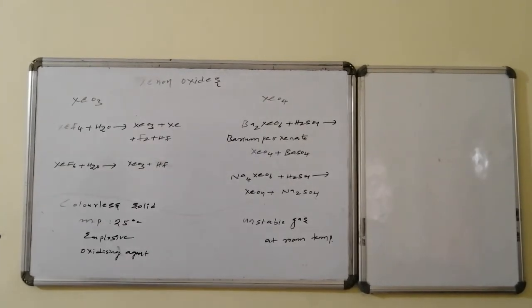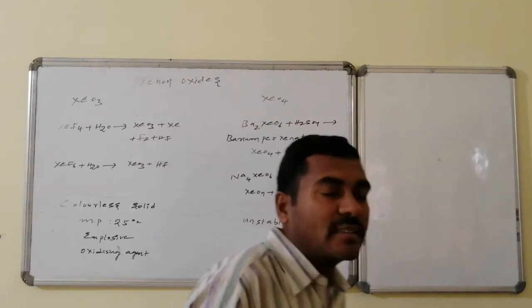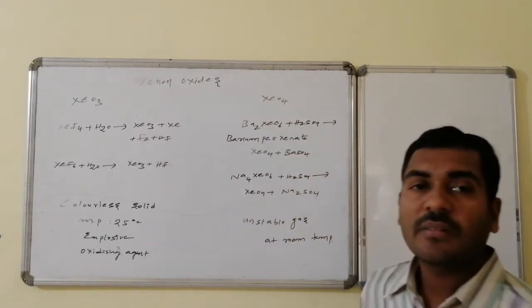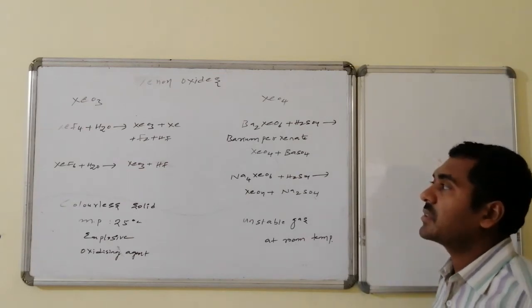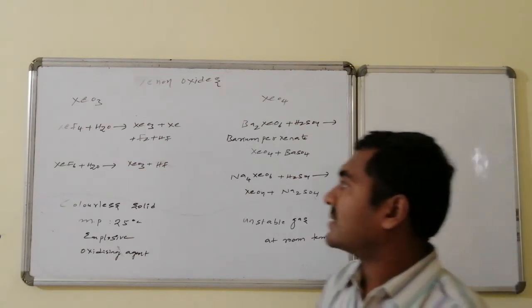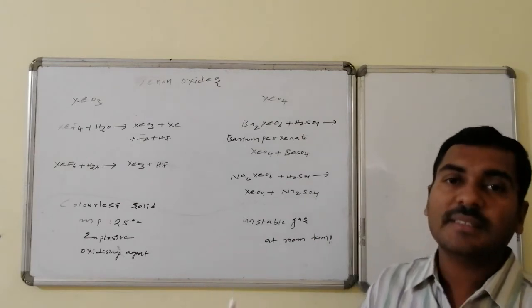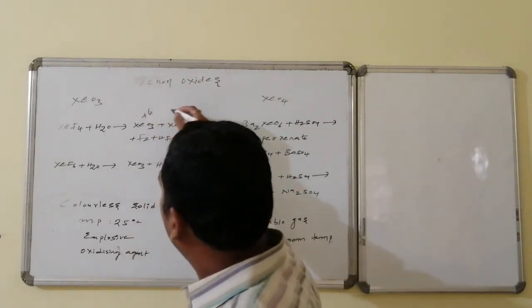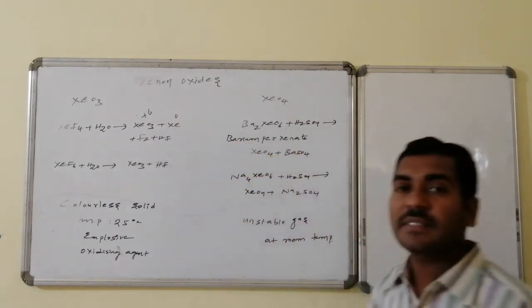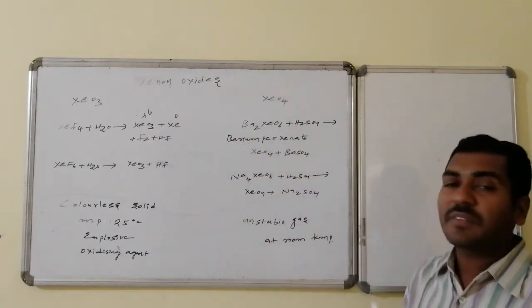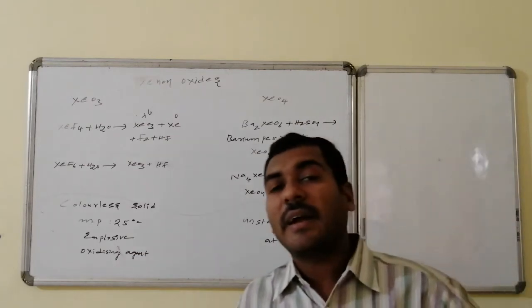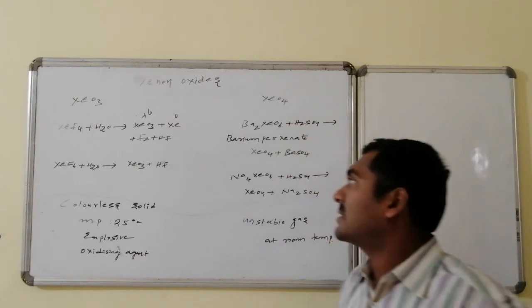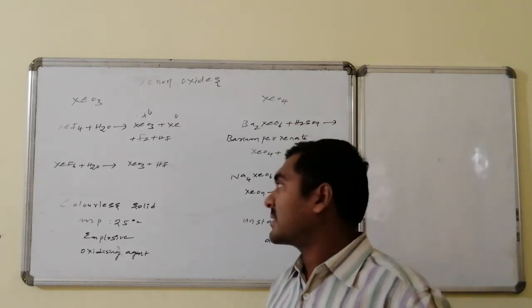Now the oxides of xenon: xenon trioxide as well as xenon tetroxide. For xenon trioxide preparation, xenon tetrafluoride in reaction with water undergoes a disproportionation reaction. We already discussed this in the chemical properties of xenon tetrafluoride. Here it underwent oxidation and it underwent reduction. As a result, +4 is converted to +6, which is oxidation, and +4 is converted to 0, which is reduction. A disproportionation reaction occurs. Thus it leads to the formation of xenon trioxide.